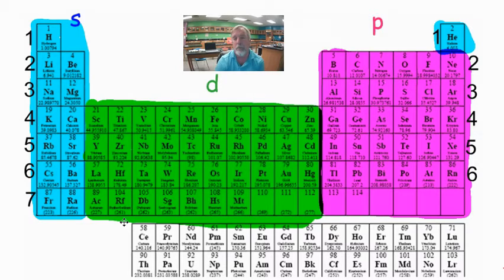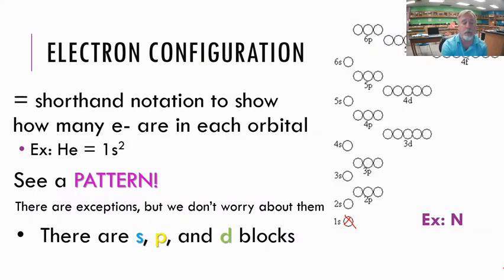But there are so many different uses of the periodic table. We all had to choose which position we wanted to put helium in for the most useful, or for the most times we would use it, the most different ways we'd use it, and it ended up being on the right. But for the purposes of electron configuration, it really should be on the left over there, with the rest of the blue columns. Okay. So we have an S, P, and a D region on our periodic table.